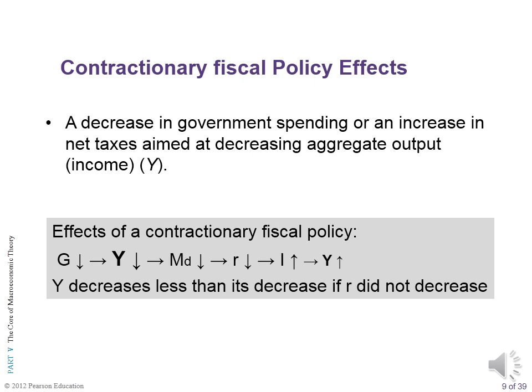A decrease in Y will decrease demand for money, which will decrease interest rate, which will increase investment, which will increase Y. Again, the last increase in Y should be less than the decrease in Y. يبقى finally Y will decrease، صح؟ لكن Y decreases less than its decrease if R did not decrease. يبقى لو R أصلا ما اتغيرتش، ما قلتش a decrease in Y will be more than the final decrease in Y if R changes. خلاص؟